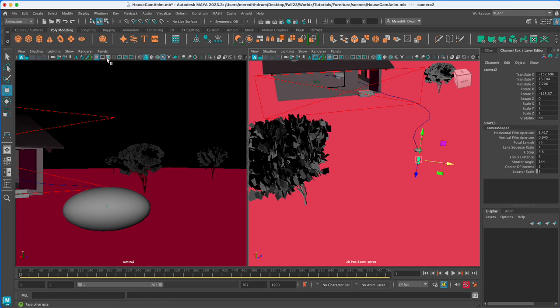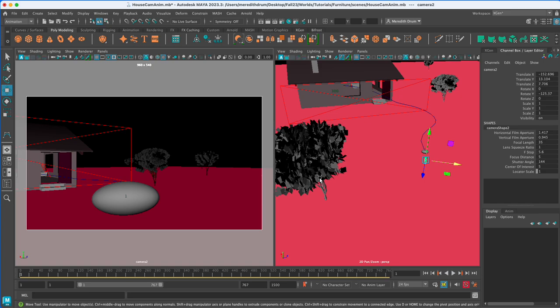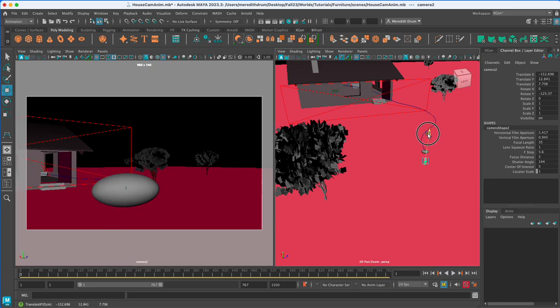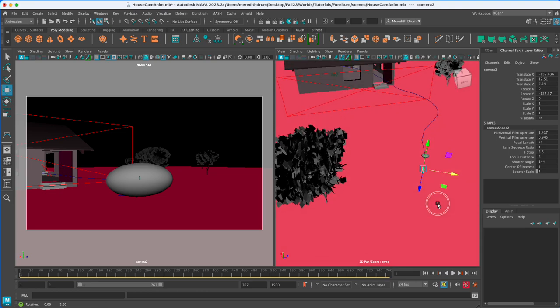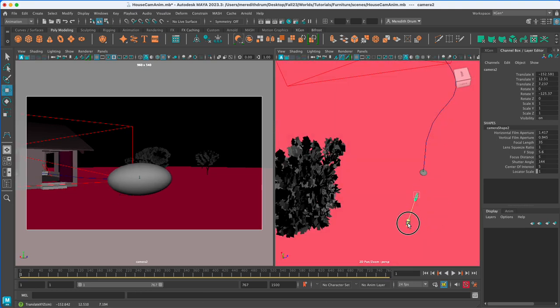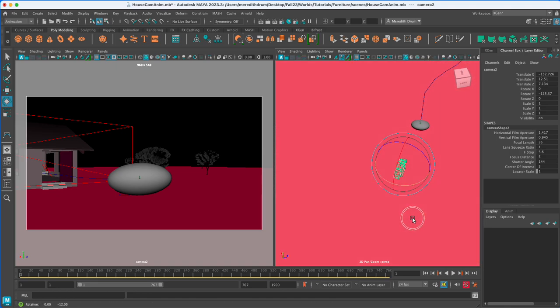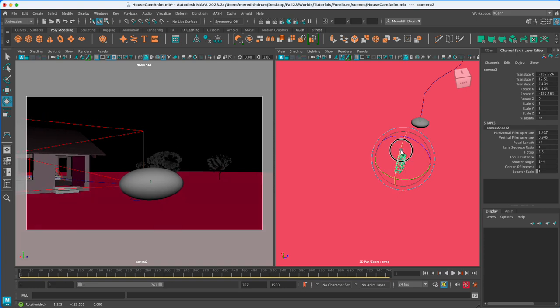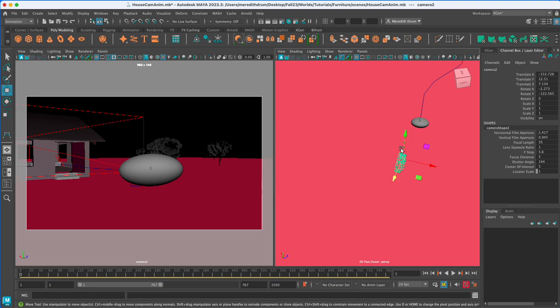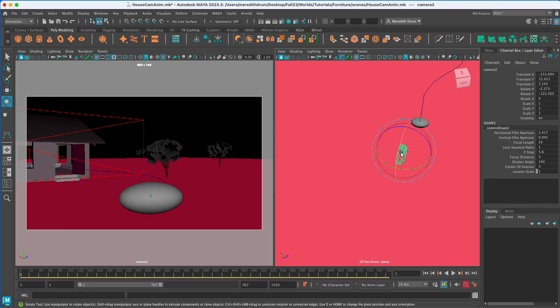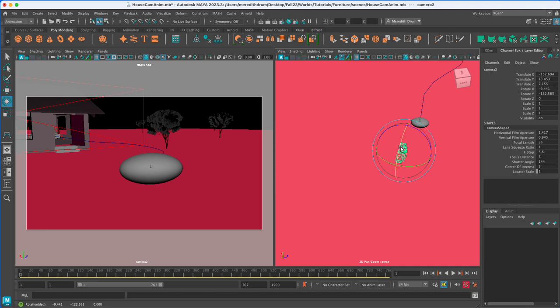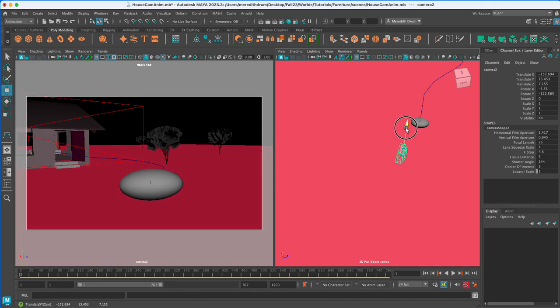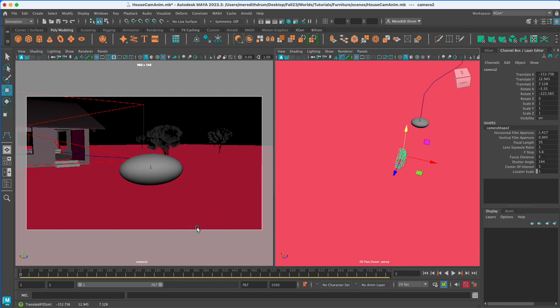We can also turn on the resolution gate on this camera, and maybe I'll make that a little bigger. We can actually see where it is, and then you can take a look at it and move it in and out. You could rotate it in a specific direction if you wish, so that it has the right feeling to you. Yours might have a different sort of flair to it. I'll let you choose, but that's how I'm going to do mine.